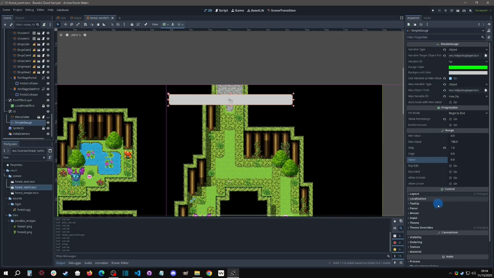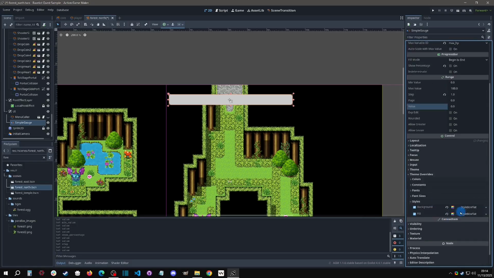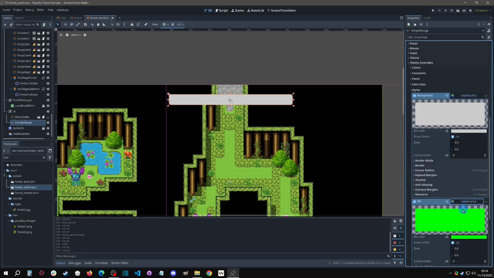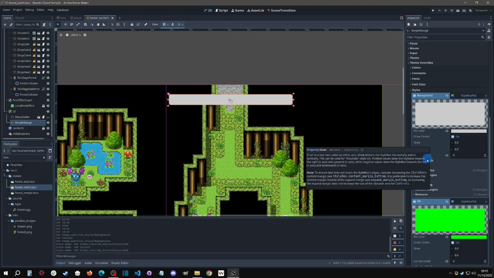The next thing that I want to show is the theme overrides here. If you go down on these styles, you can see that it comes with these flat boxes for their styles. You can also make it to where it uses a texture as well. So you can do a new style texture right here. But even if we just stay on this flat for right now, we have some other options down here, like